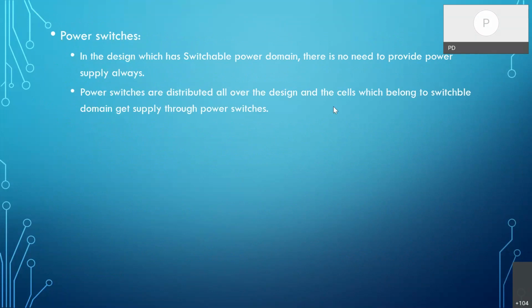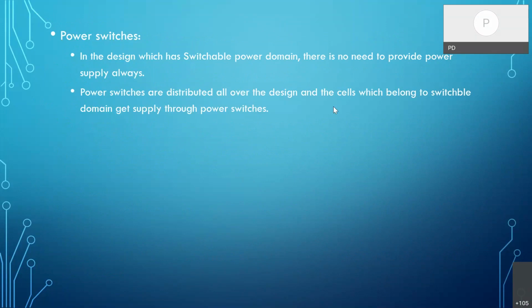And this is a power switch. I was telling you, there will be some switchable domains, and how we can switch a domain on or off. There will be a separate logic, like a power switch controller, which will be controlling all these power switches.